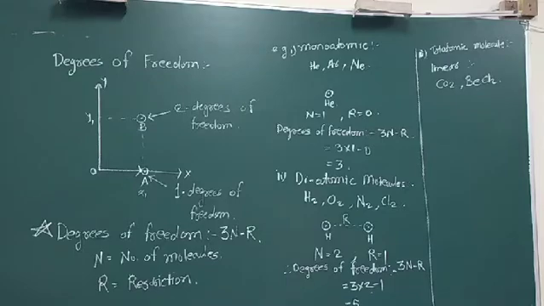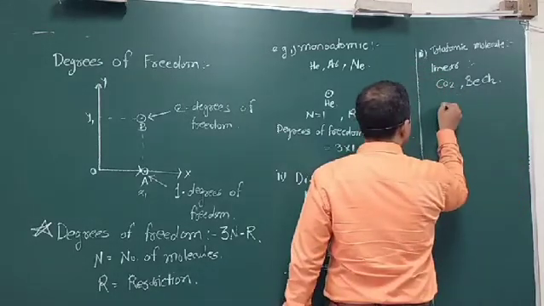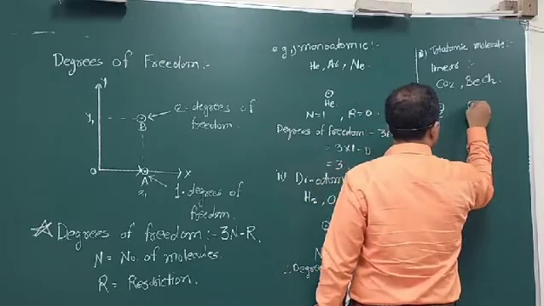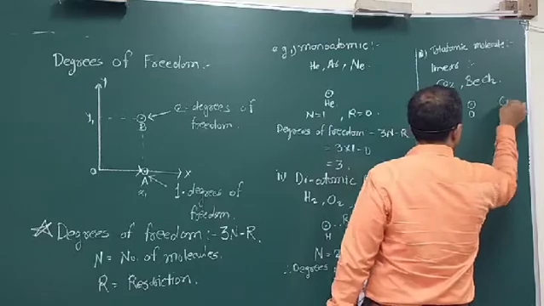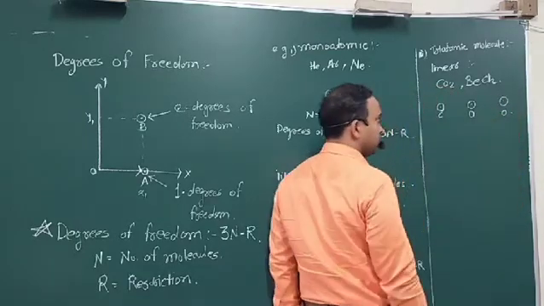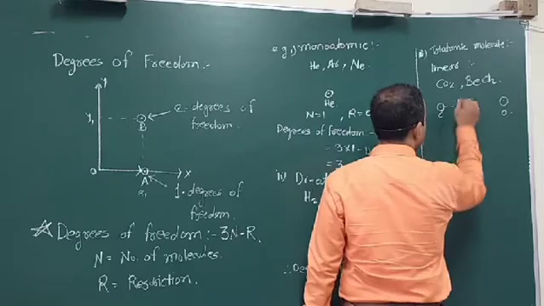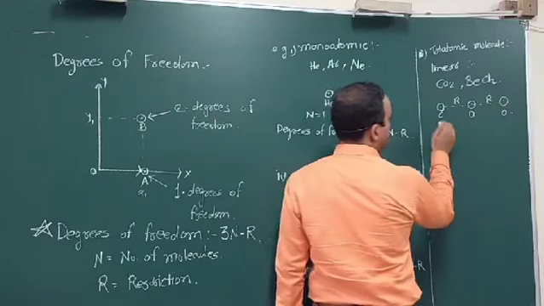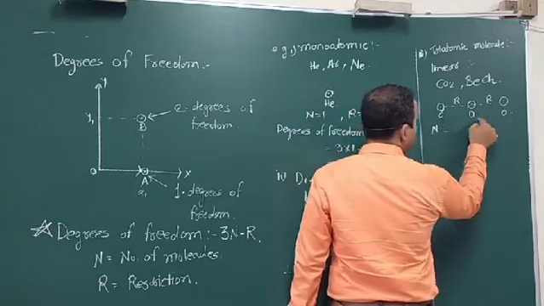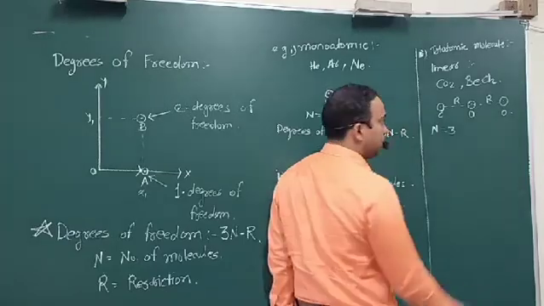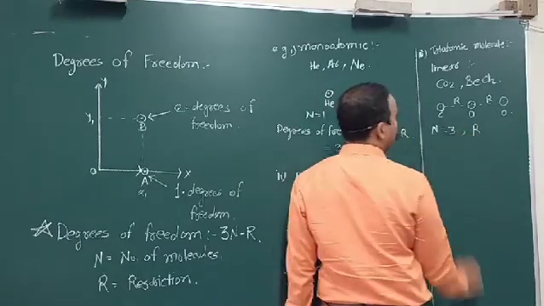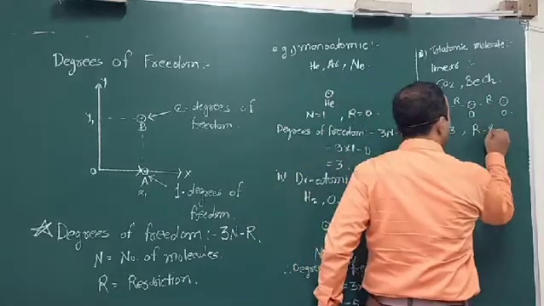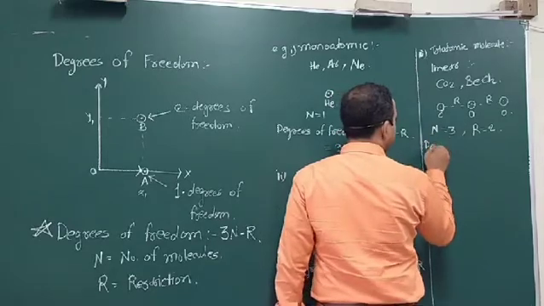See here, this is the carbon atom, this is the first oxygen atom, and this one is the second oxygen atom. This one is the first restriction, and this is the second. Now n is equal to 1, 2, 3, so n is equal to 3. How many restrictions are there? 1, 2. So we get r is equal to 2. So degrees of freedom